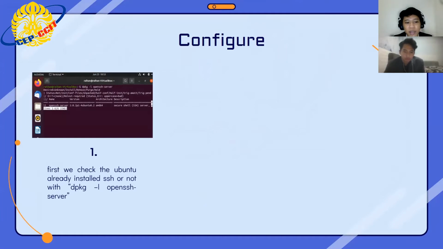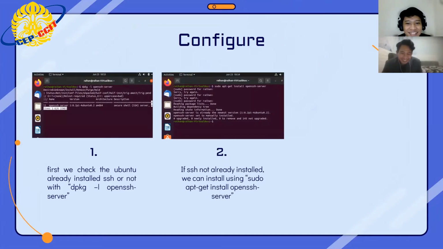Type dpkg -l openssh-server, and next, if SSH is not already installed, we can install it using sudo apt-get install openssh-server. Sudo is to execute a command as super user.